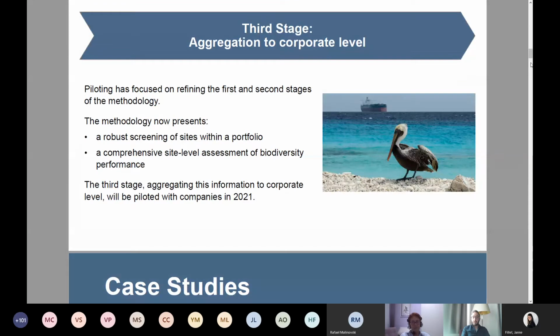So the final stage of the methodology is this aggregation to corporate level. And so far, what we've done with our development and our piloting is really refine the first and second stages, with our methodology now presenting a robust screening of sites within a portfolio and this comprehensive site level assessment. And this